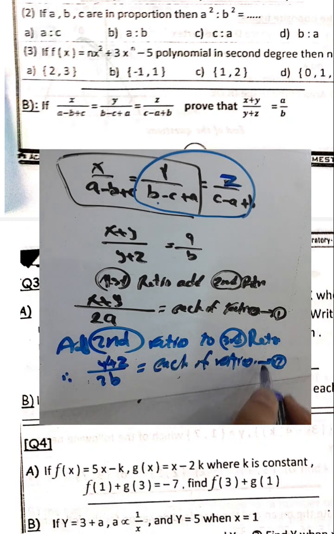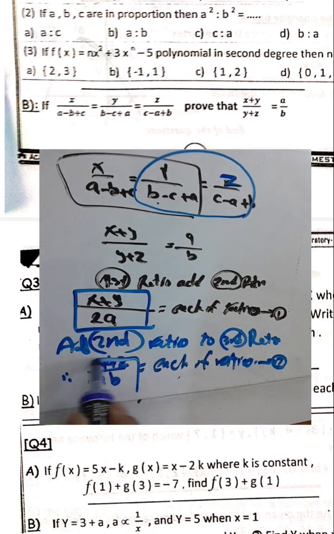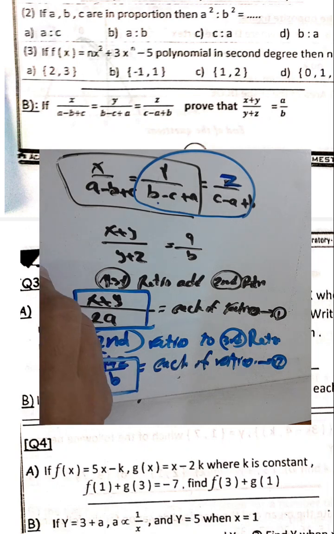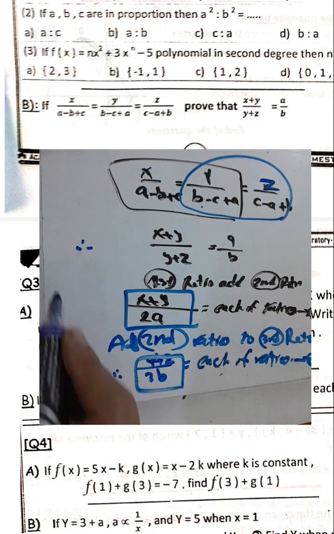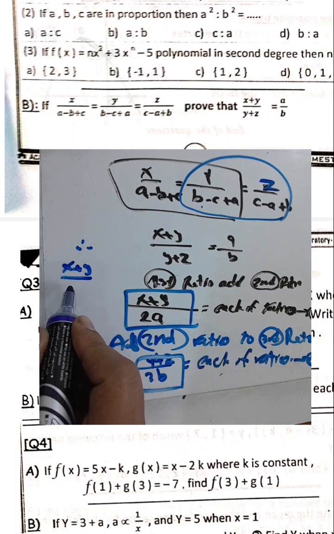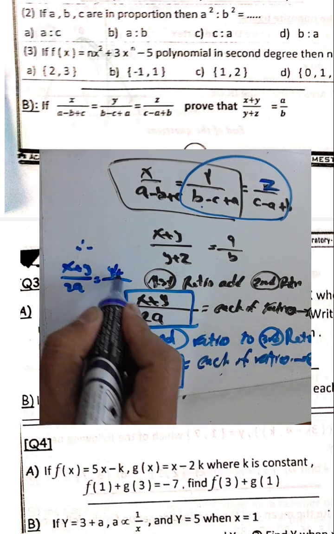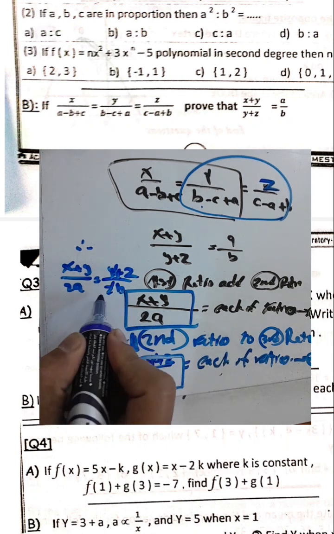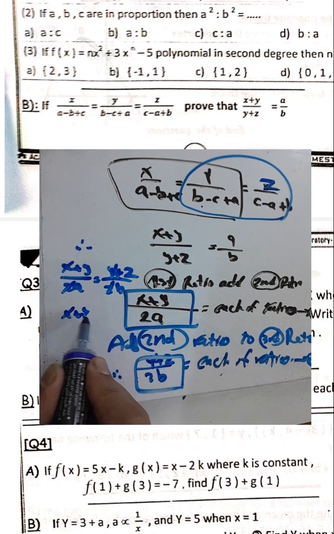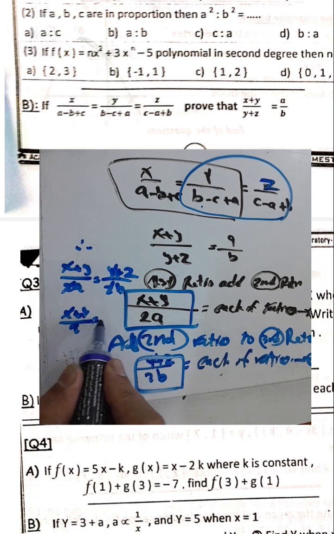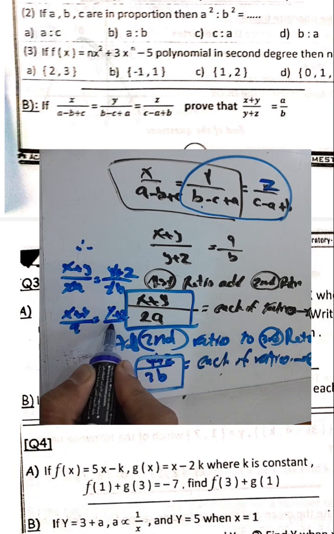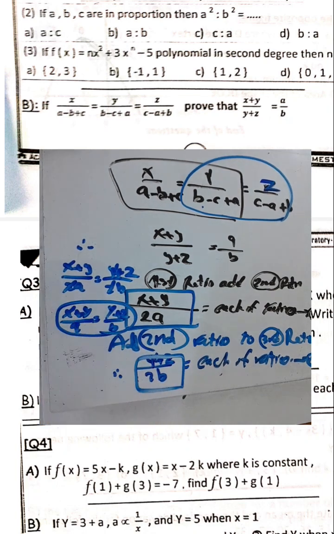From 1 and 2, this relation will be equal to this relation. Then we can write (x plus y) over 2a will be equal to (y plus z) over 2b, and then cancel 2 by 2. Then we can write (x plus y) over a equals (y plus z) over b. The second relation is equality. Okay,